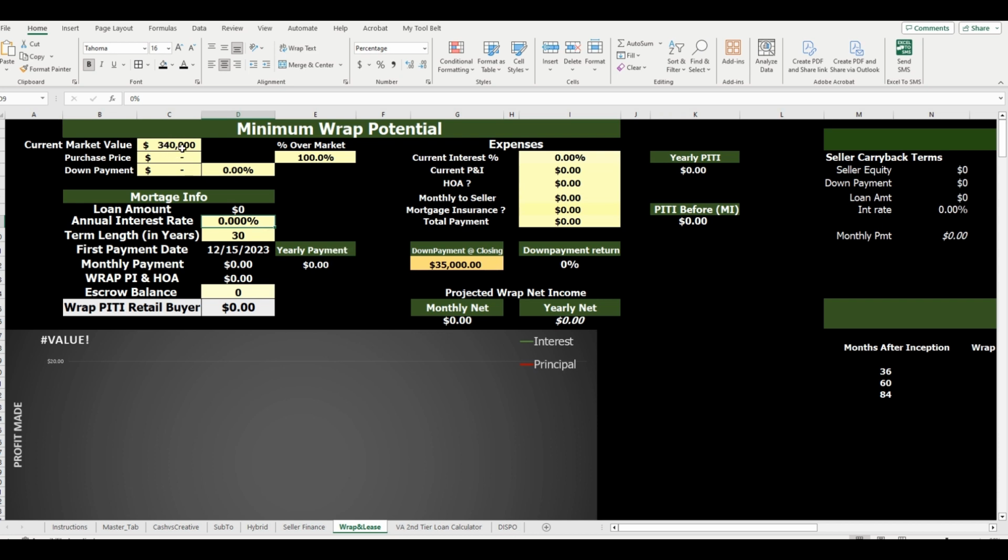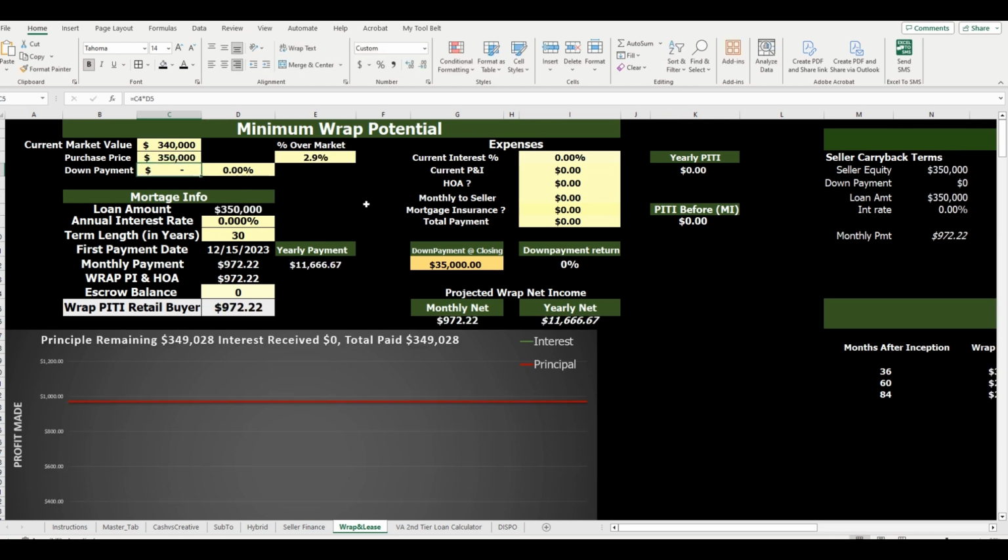So I am going to be taking down a property very soon over in Georgia, and I'm going to resell that property on the open market to my retail buyer. I am going to ask for a $350,000 purchase price on that property. Now, you can see here that these numbers are adjusted. This 2.9 is saying that by inflating my purchase price, I am nearly 3% over the current market value,